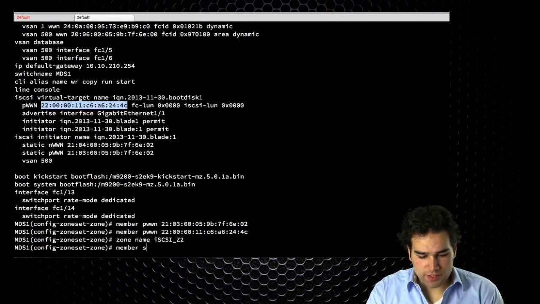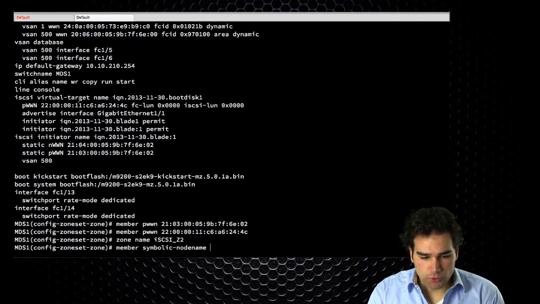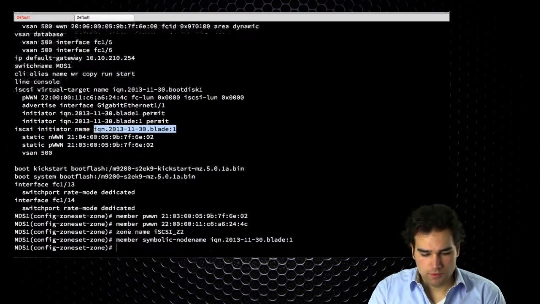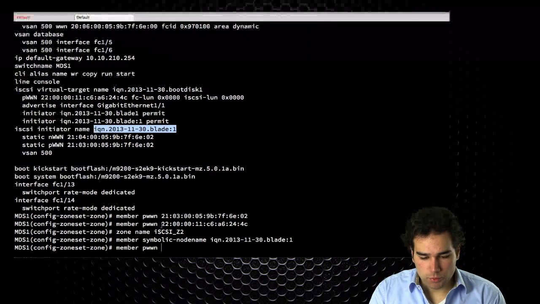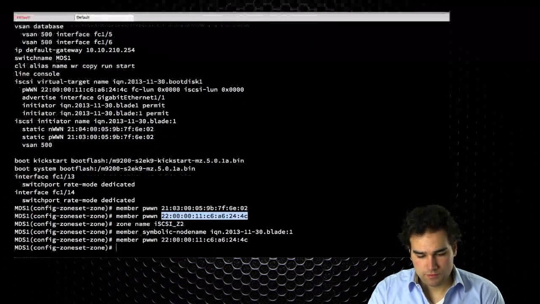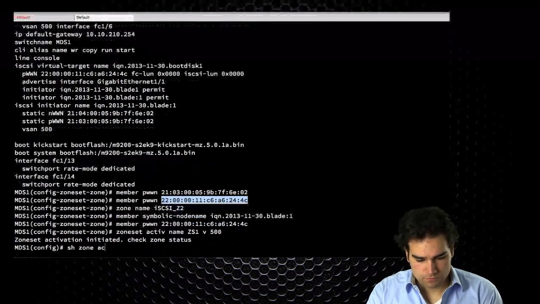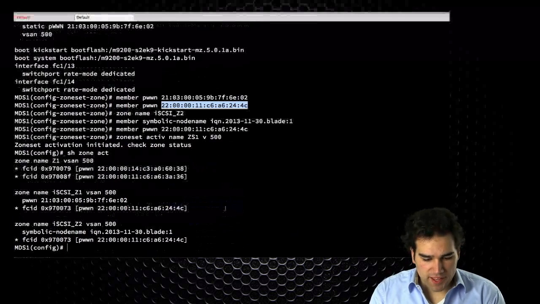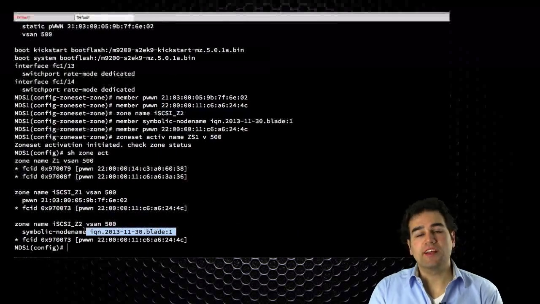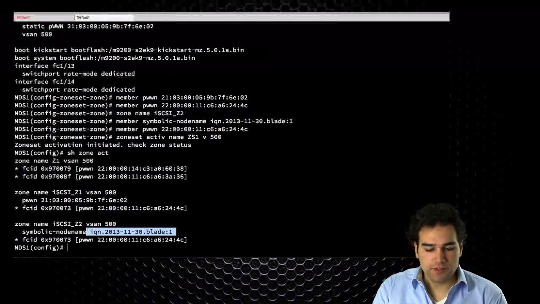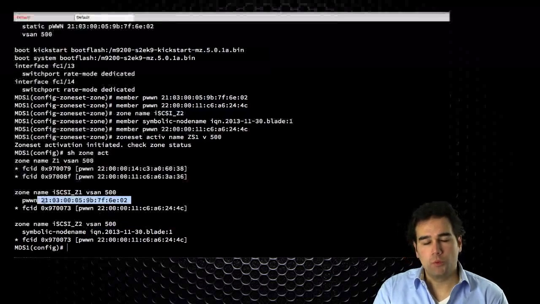The second one, as I said, I'm going to use the symbolic node name or the IQN of the blade. Of the blade, not the disk. And we're going to specify the worldwide name of the disk. What are my active zones? I have now the correct symbolic node name advertised here, and I'm using the new port worldwide name that I